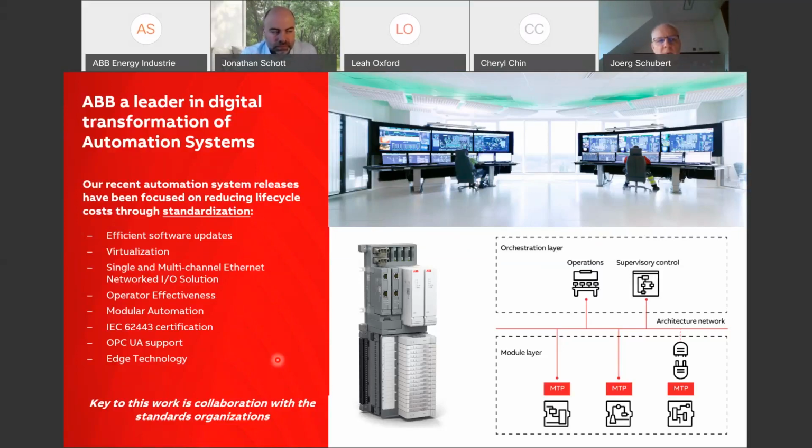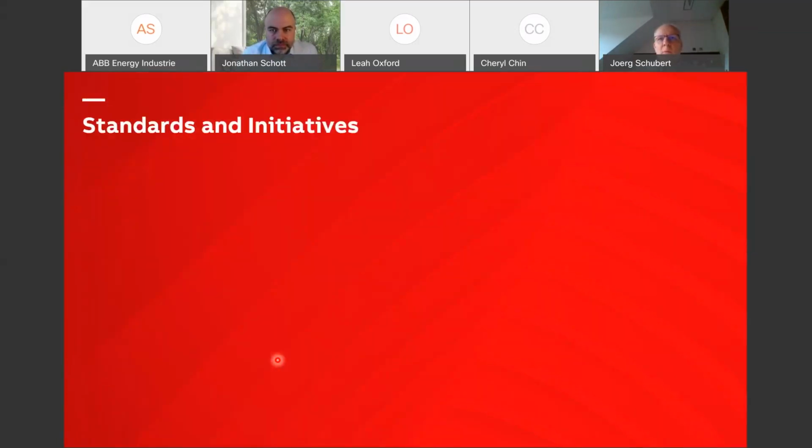So these are a couple of things that ABB has done to support openness, to address these market trends, and also some of the items that the Open Process Automation Forum has put up as one of the key topics. But Jonathan, I would like to hand over to you now, and maybe you can tell us what the Open Process Automation Forum is doing and how they are trying to address this in form of standards.